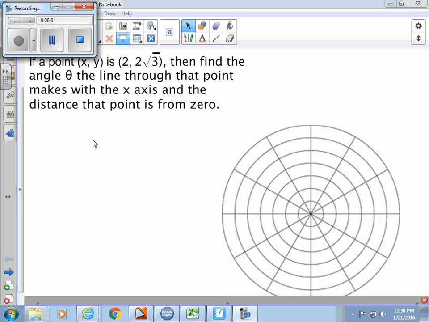Review what a polar coordinate is, how to find it, how to convert back and forth between polar and rectangular, how to graph polar, and so on. So, if a point xy is (2, 2 radical 3), then find the angle theta that the line through that point makes with the x-axis, and the distance that point is from 0. Well, if that's the xy coordinate,